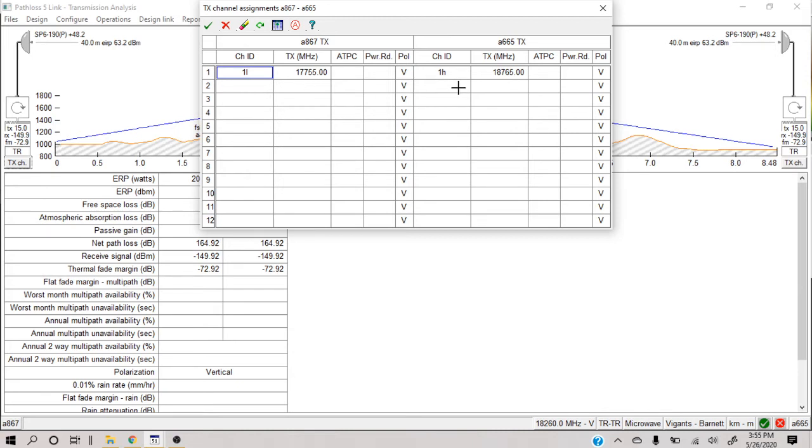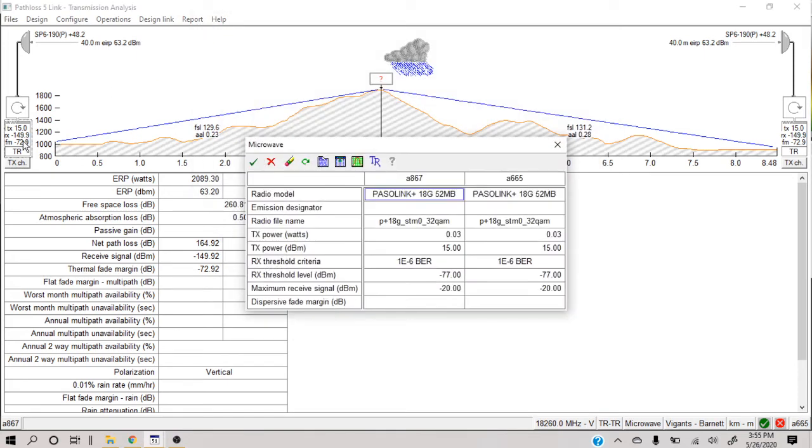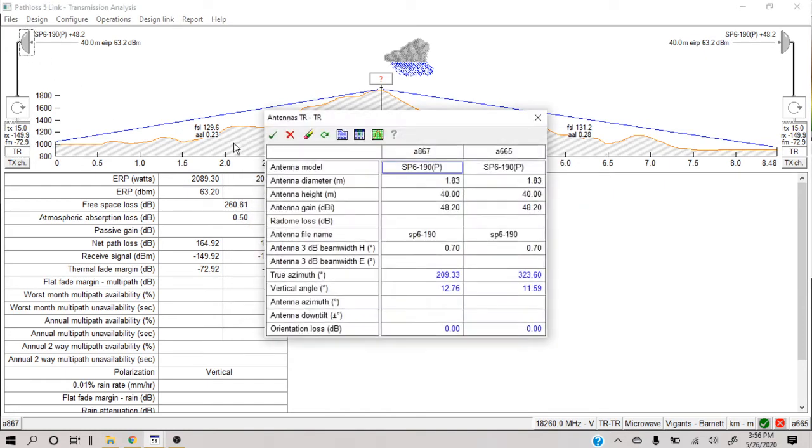So now if you want, you can easily change the high-low. You can change the high to low or low to high, or you can change the channel if you like. The same goes with equipment. If you want to change the equipment, now there is no equipment in between. The equipment is gone. So you can change the antenna. There is no antenna in between. The in-between antenna is gone.